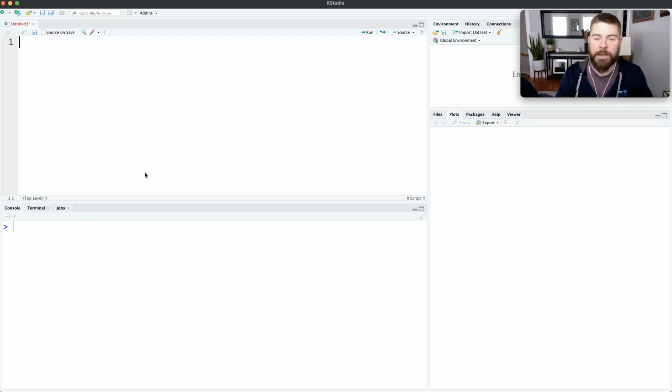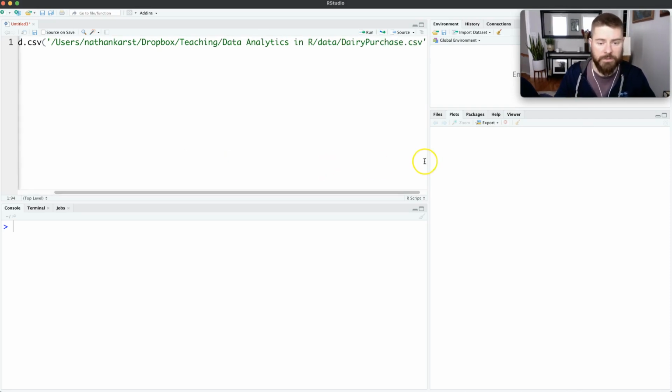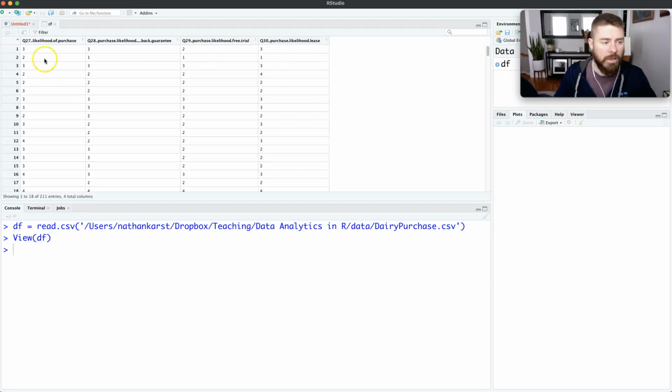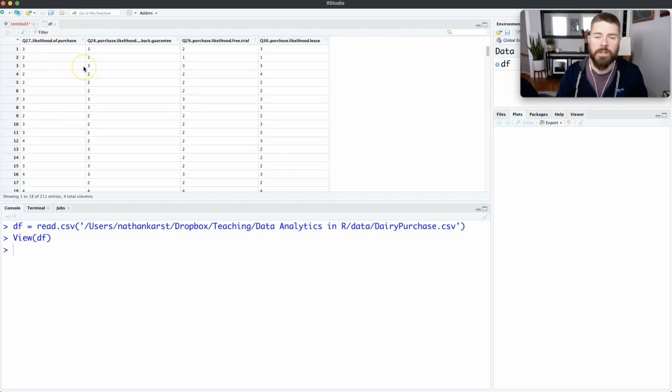In this video, we're going to be implementing k-means in R on the dairy purchase dataset. So the first thing is to get that dataset up and running, and I will explain what it is once we have it in our workspace. Data dairy purchase, just like this. Okay, so when we run this and we take a look, inside dairy purchase is a collection of responses